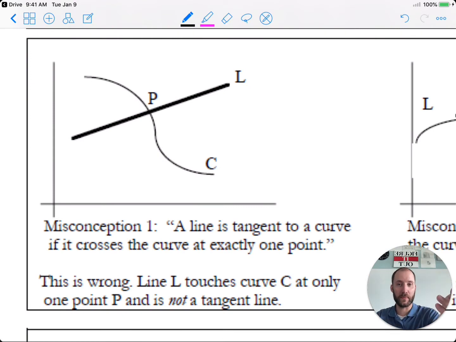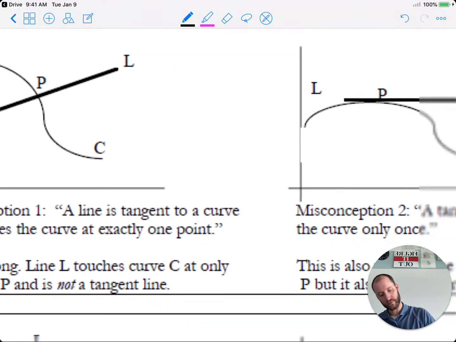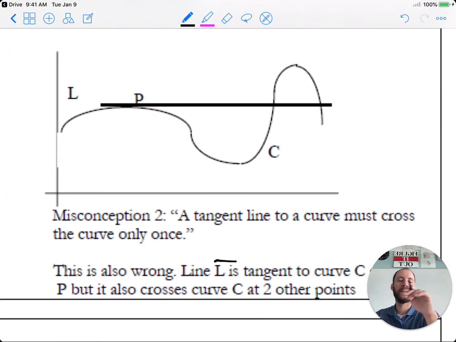So in this example, line L intersects the curve only at one point, point P, but the slope of the line does not describe the rate of change of the curve at point P. So line L is not a tangent line. In geometry, a tangent line to a circle only intersects the circle once. In calculus, the tangent line can hit it more than once, but at one of those points, it should describe